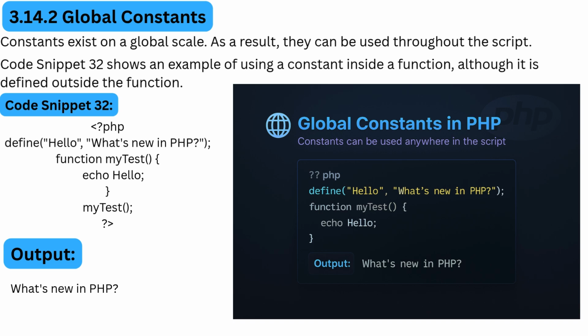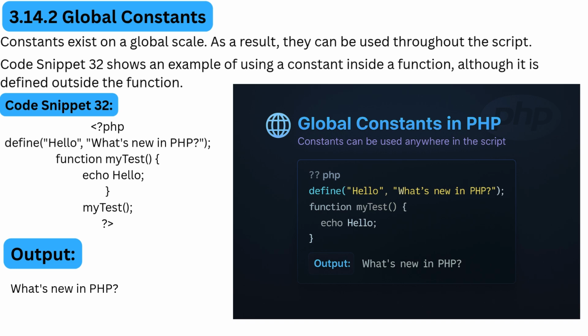Now, after defining this constant, we create a simple function called myTest. Inside this function, we write a single statement, echo hello. Finally, we call the function by writing myTest(); and then we close the PHP tag with ?>. So, the complete code looks like this: <?php define('hello', "What's new in PHP?"); function myTest() { echo hello; } myTest(); ?>